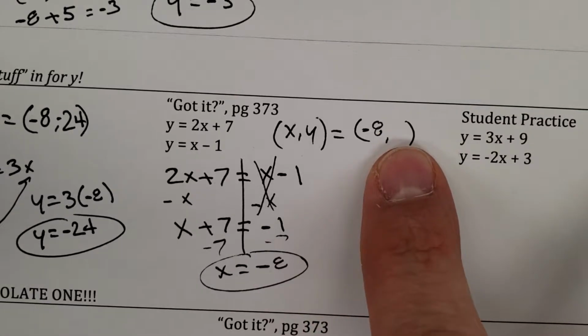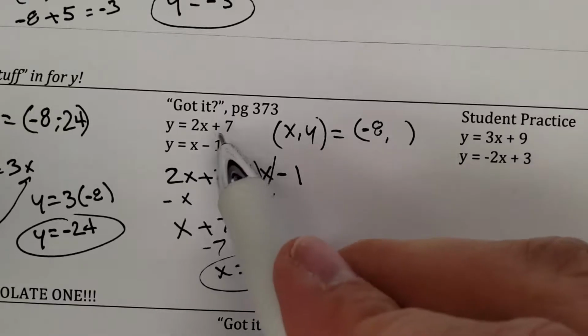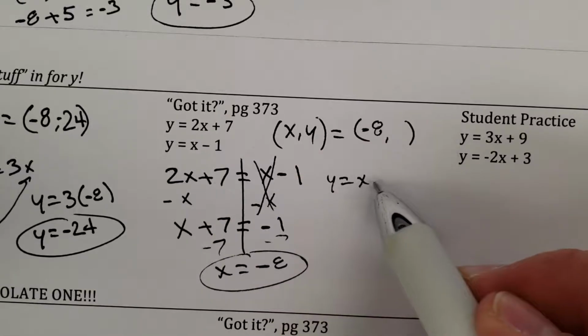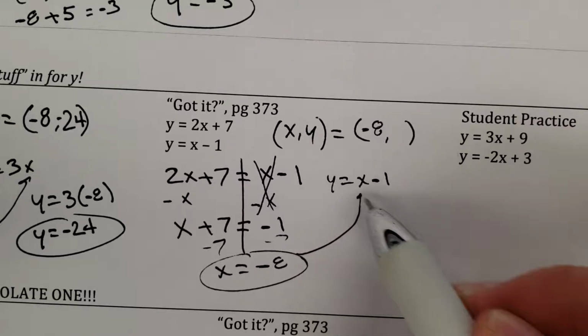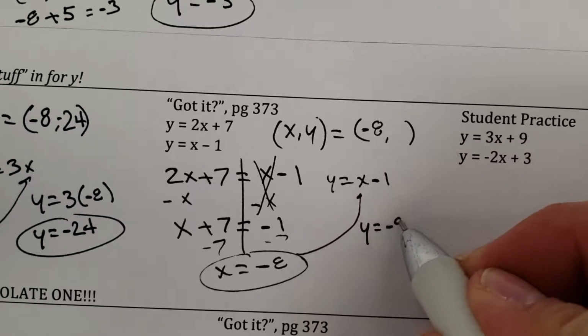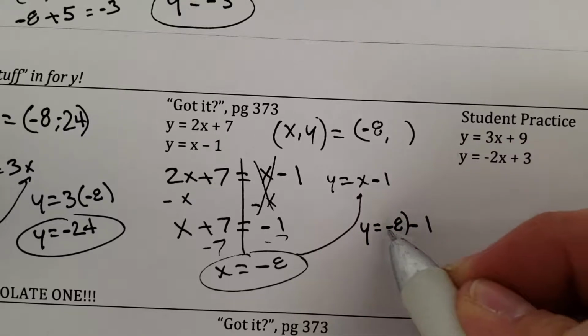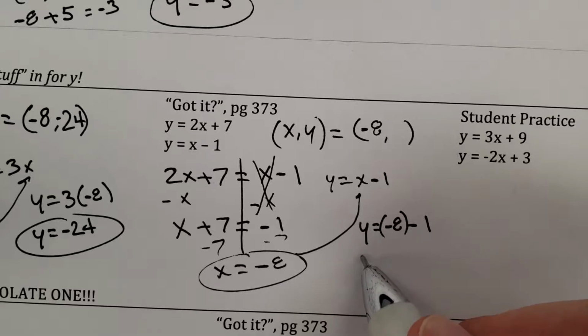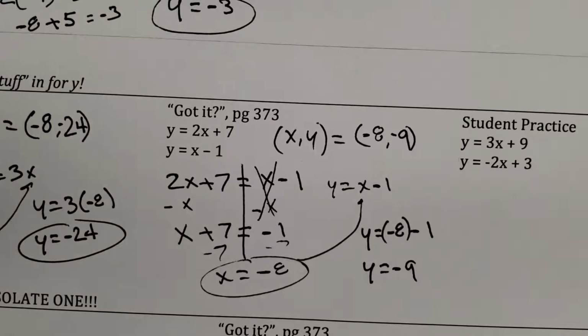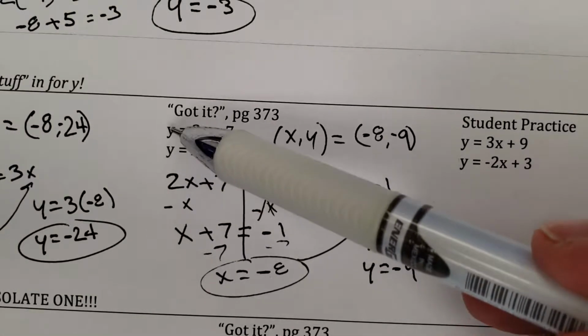We're done. No! We got to find y. These ones are real easy. You got two equations to choose from. I want to pick the bottom one. Y equals x minus 1. Negative 8, you're going in right there. Y is going to equal a negative 8 minus 1. Negative 8 minus 1. Y is going to be a negative 9. Done. There we go. So those ones are a little bit different, but when they both have the same variable